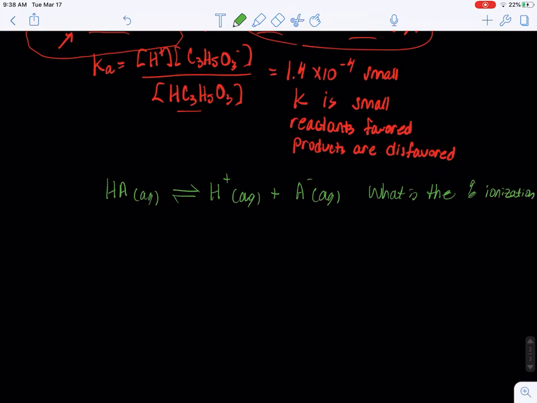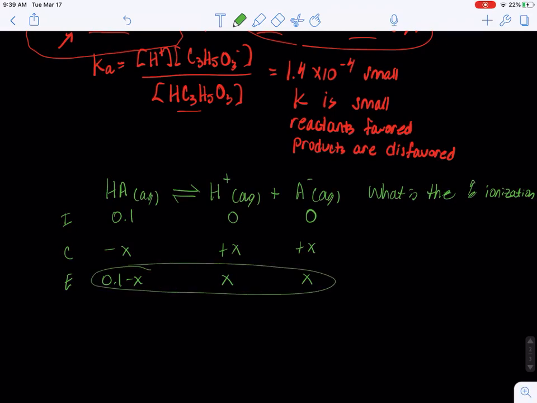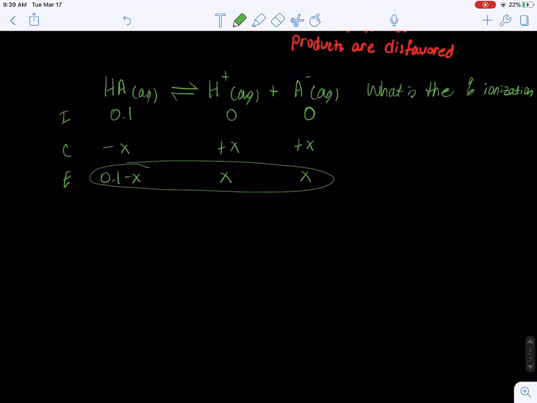We can do this by setting up an ice table, okay? And you can plug in whatever value you want here. I'll plug in 0.1 molar, okay? And we assume that very small amounts of it ionize to produce very small amounts of these ions, okay? And what we can do is take these equilibrium values from our ice table and plug it into that equilibrium expression